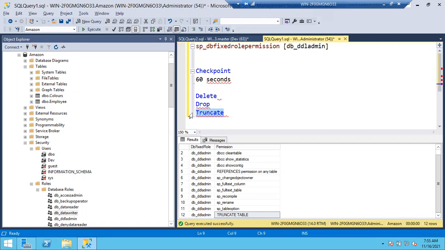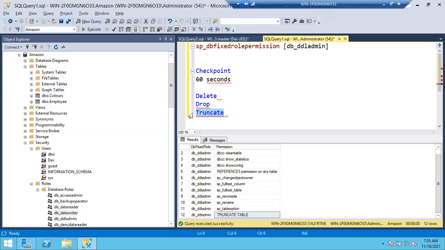Okay. So drop is going to completely delete the object and its associated objects, like primary keys on the tables. Drop will delete each and everything about the table. You don't even find anything related to the table. So is it permanent deletion or temporary deletion? Permanent. Drop is a permanent deletion.